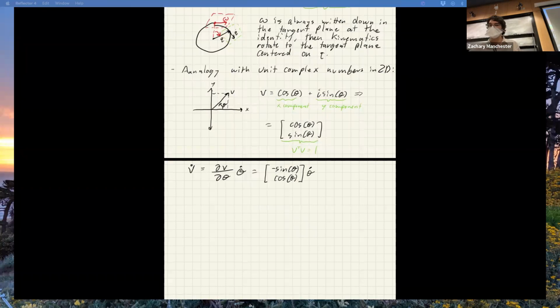If I stare at this for a second, this is equivalent to writing a rotation matrix, cos theta minus sine theta, sine theta cos theta, so a 2D rotation matrix, times 0 theta dot. The theta dot is written as a pure y component, like a tangent vector centered at theta equals 0 at the identity, which here is on the x-axis over here. So the picture of what this is doing: